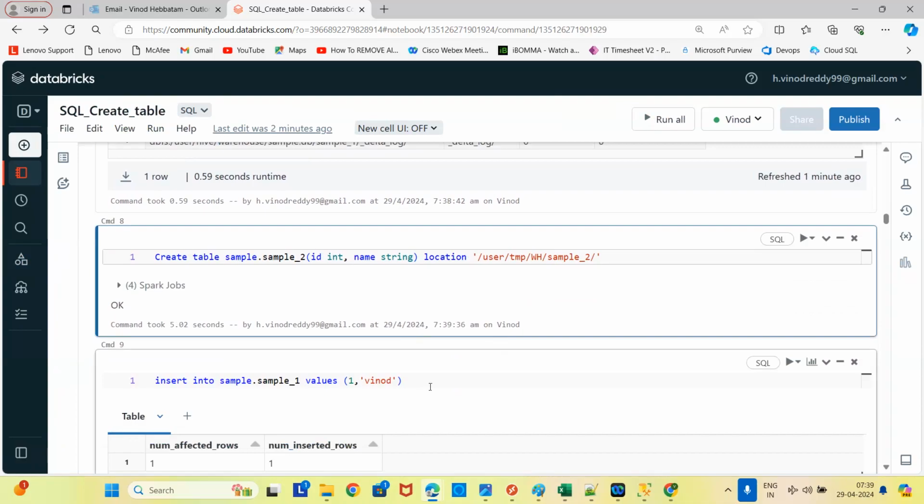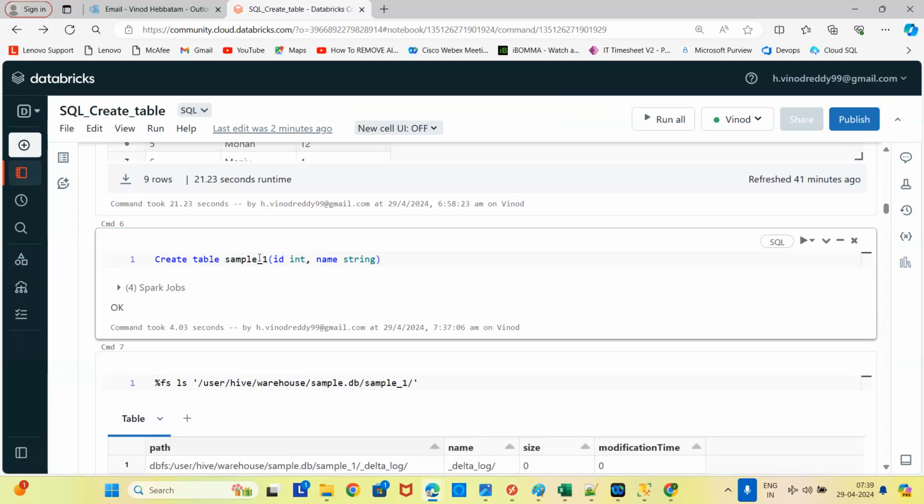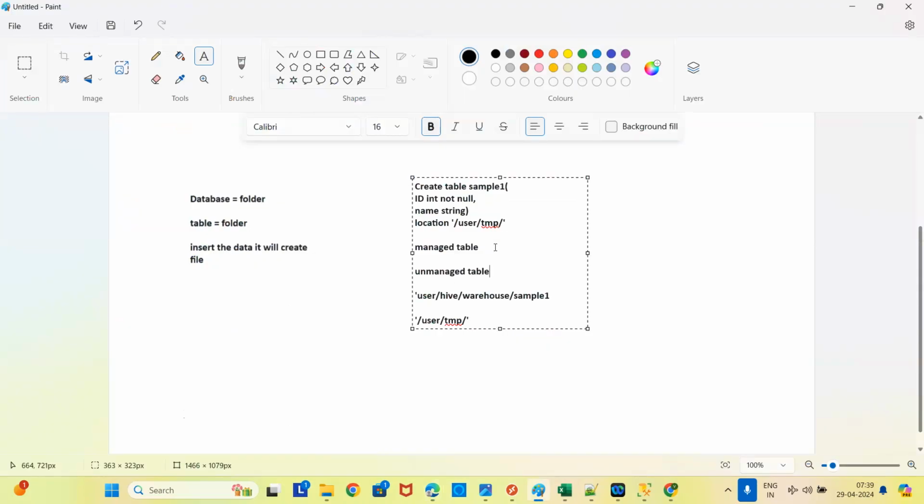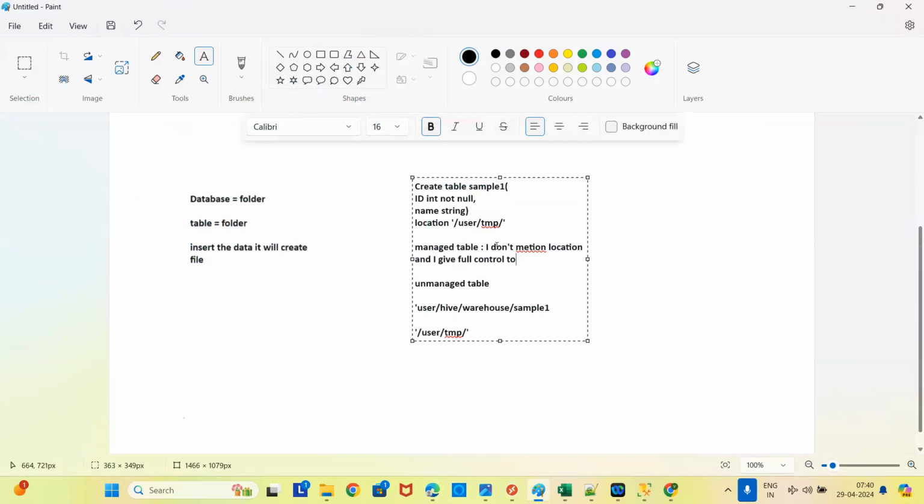You can do it like this. Now, if I drop this particular table, sample one, for example, the difference between managed and unmanaged is: managed means I don't mention location and I give full control to Databricks. Unmanaged means I mention location